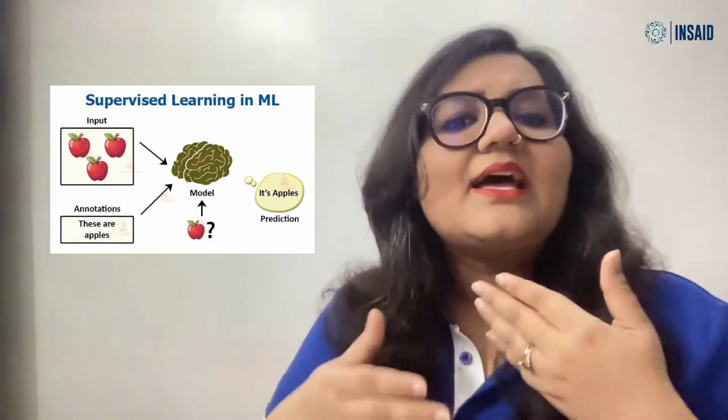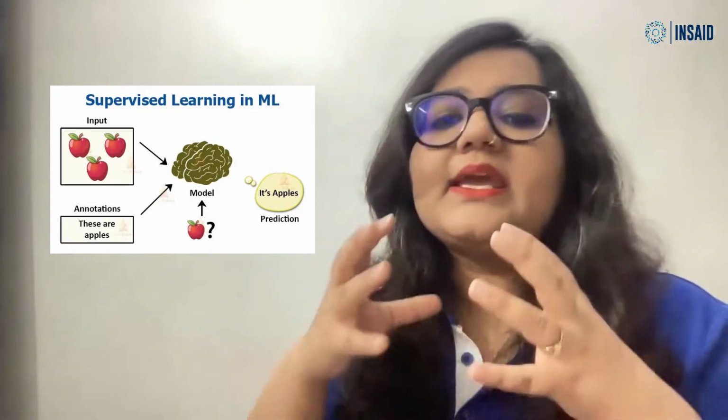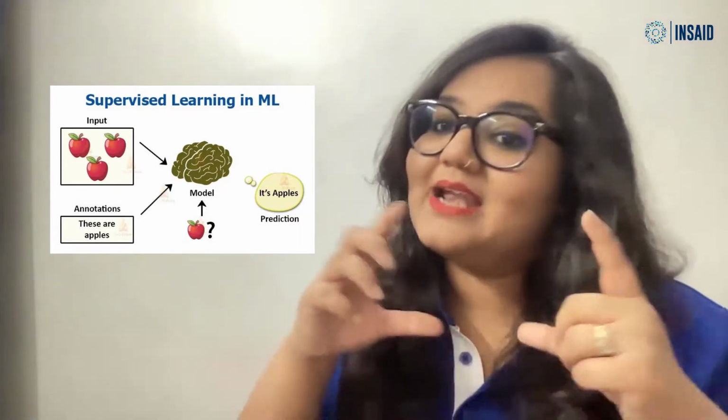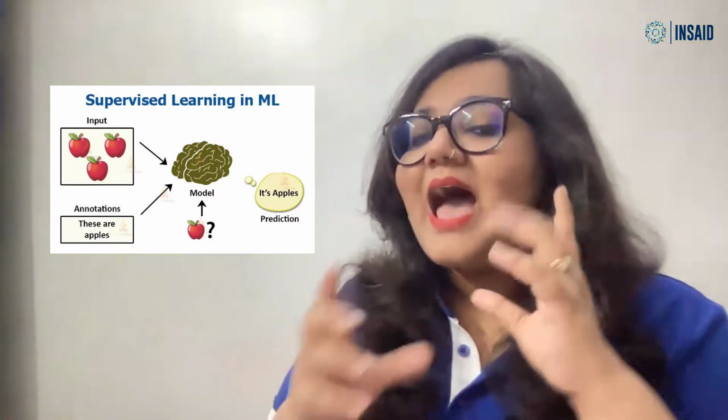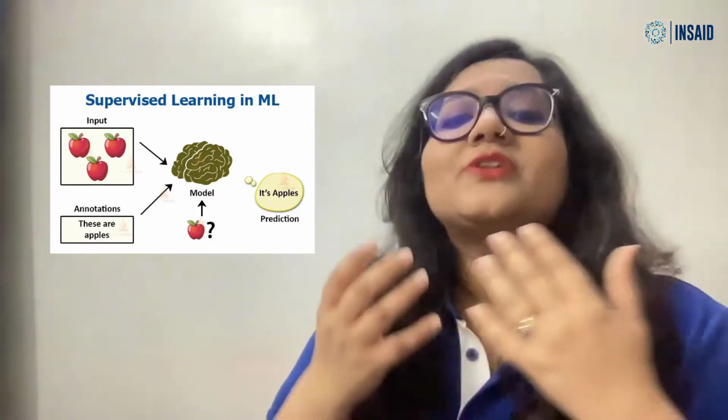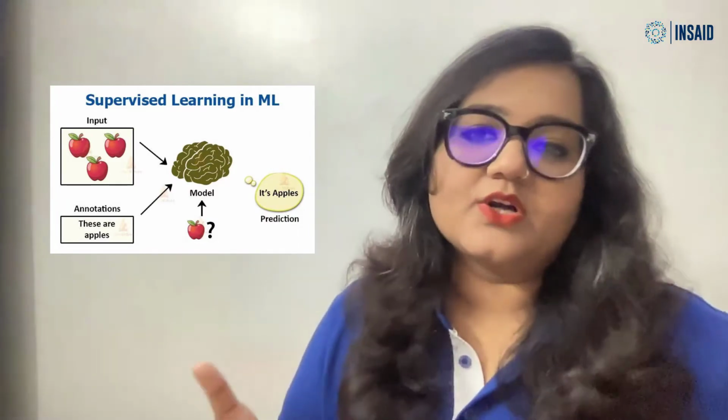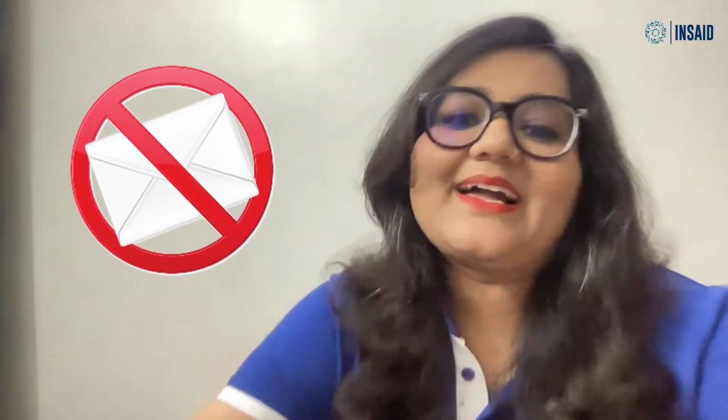Next, provide a set of data that only contains pictures of apples. At this point, the system can recognize what the fruit is and it will remember it. That's how supervised learning works. So you are training the model to perform a specific operation on its own. Now, this kind of model is often used in filtering spam mail from your email accounts, right?